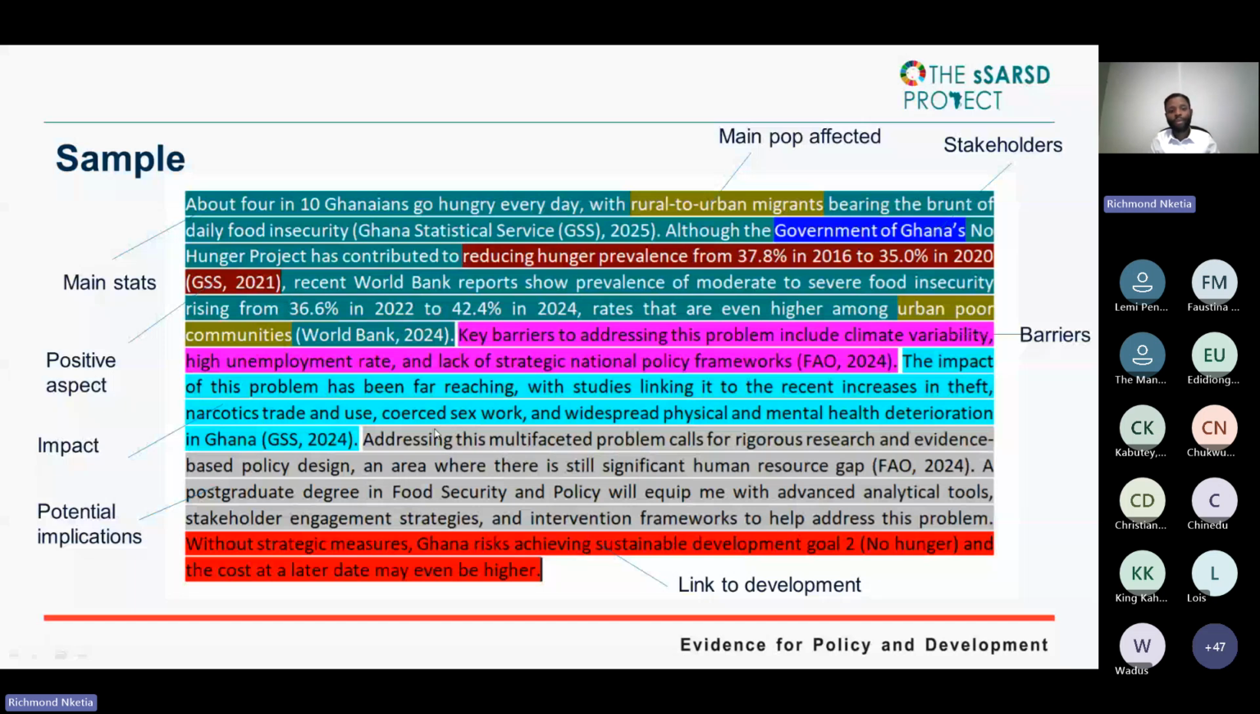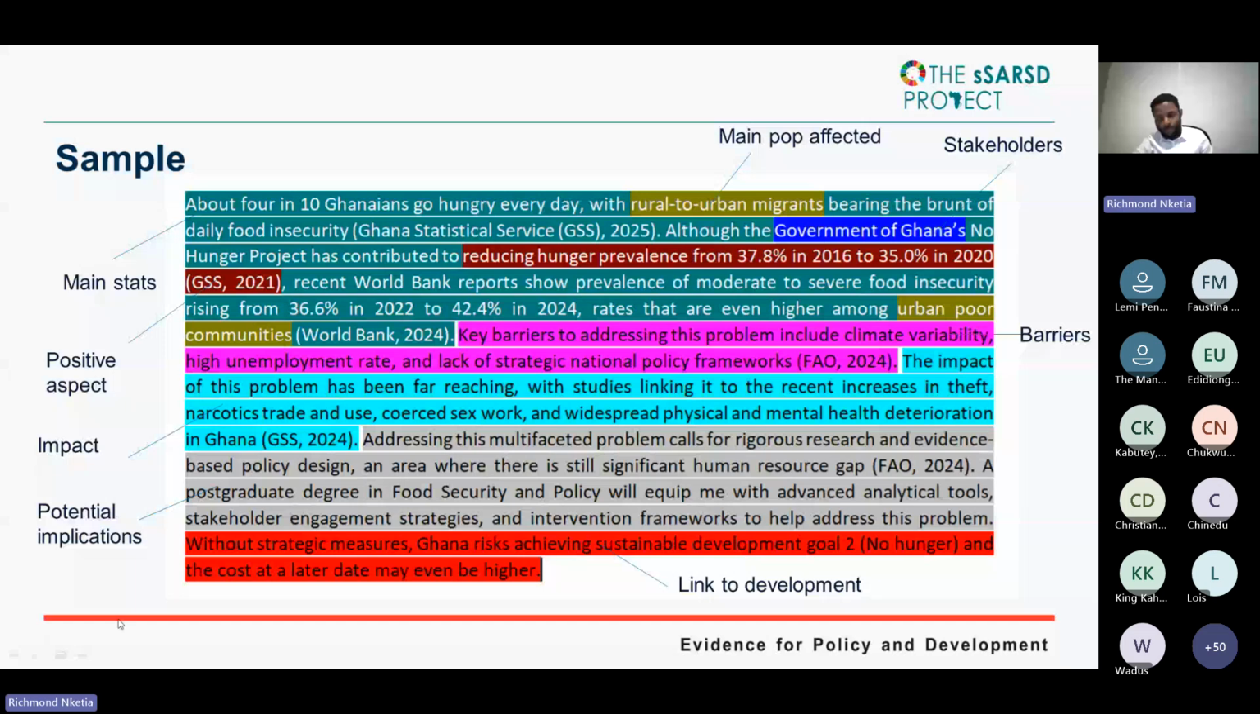And what is going to happen if you don't address it? If you don't address it, then Ghana risks achieving Sustainable Development Goal 2 and the cost. So the Sustainable Development Goal 2 is aiming at alleviating hunger. So by 2030, we hope that nobody wakes up in the morning or goes to bed hungry and thinking about what to eat the next morning or the next day. Yeah. And if we don't address it and think that, oh, we might address it later on, the cost may be higher. It may be higher because,